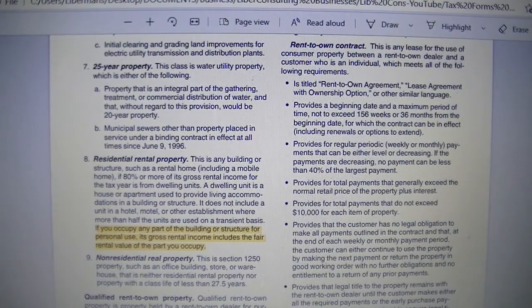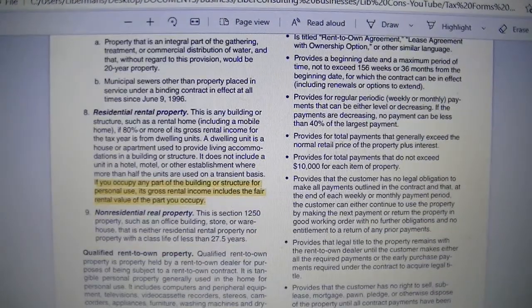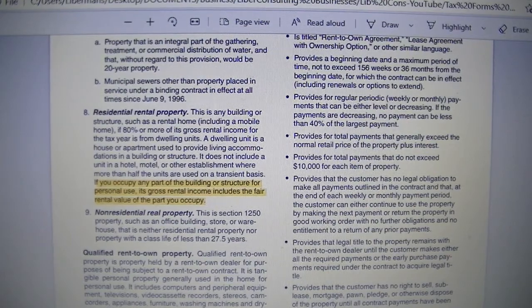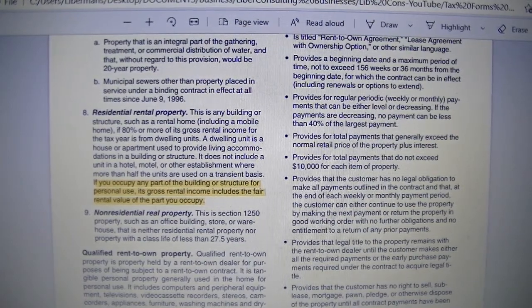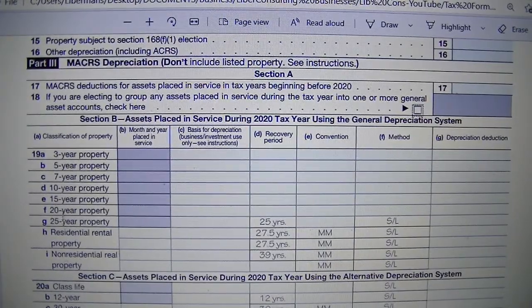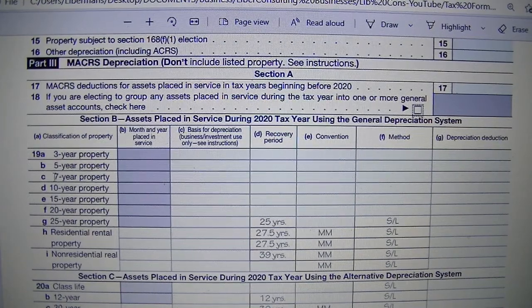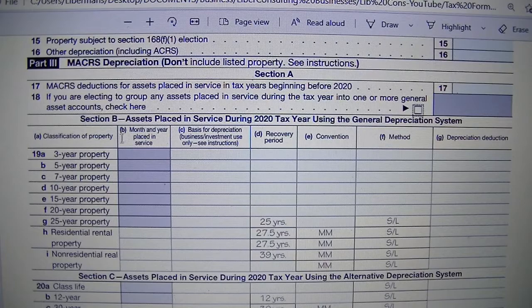Then residential properties and non-residential real properties. Okay, and they'll be here. So that is the classification of the properties. So, and then we cover, let's see,